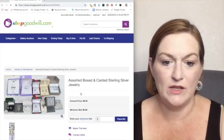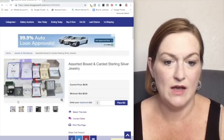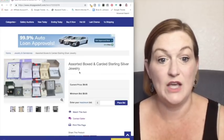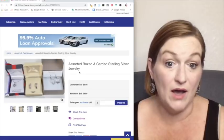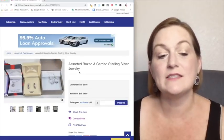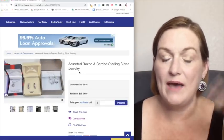I can sell it on Poshmark or wherever. This one was actually pretty good. It's sterling silver carded jewelry lot. Look, they didn't use the word lot. So, oh, assorted. That's another one. Okay, assorted, boxed. So having that list of words that you go through, having a place that you keep it,